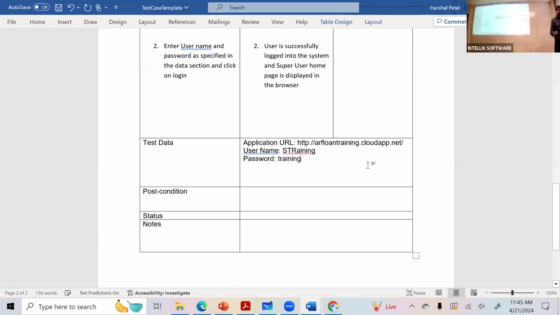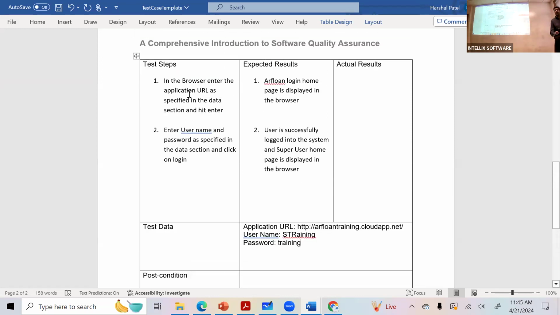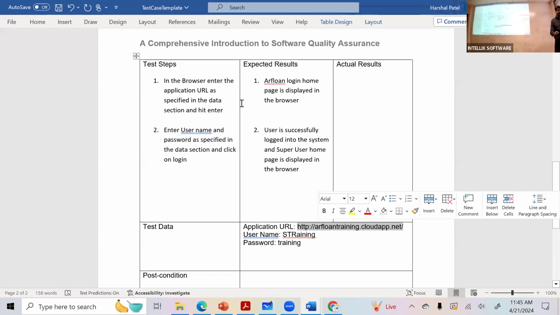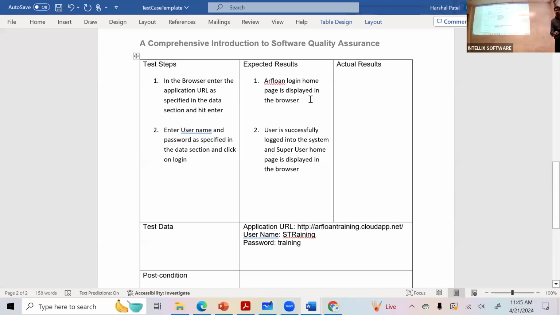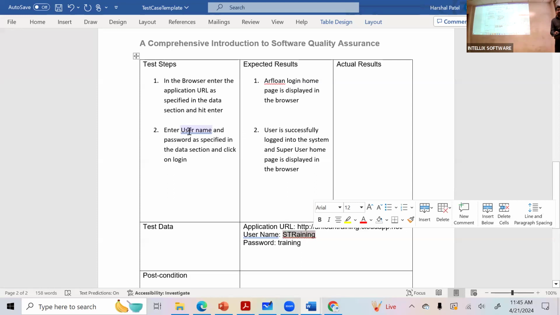So now can I get every step? In the browser, enter the application URL, which is here. I'll enter that and click. It should take me to the Airflow homepage or login page. Once I'm at the login page, I enter S training as the username and training as the password, and click login.